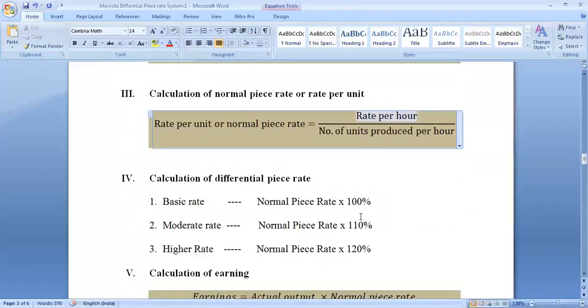In Taylor's method, we had only two calculations under the fourth step. The first one is a lower rate, and the second one is a higher rate. After calculating this, we arrive at an answer that is considered the normal piece rate. In Taylor's method we used to multiply by 80% or 83% for the lower rate, whichever lower rate is given in the problem. And for the good performer, the efficient worker, we gave a higher rate, whichever is given in the problem: 125%, 120%, 175%, like that. But in Merrick's method,